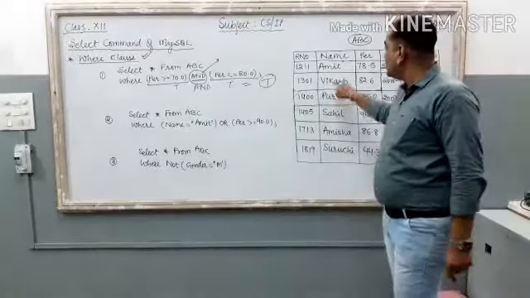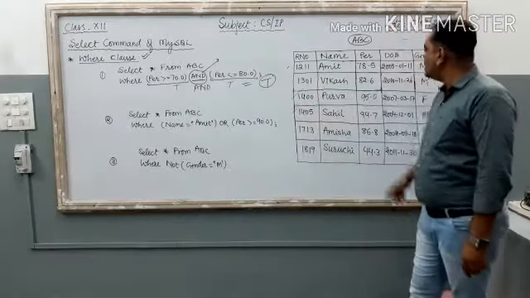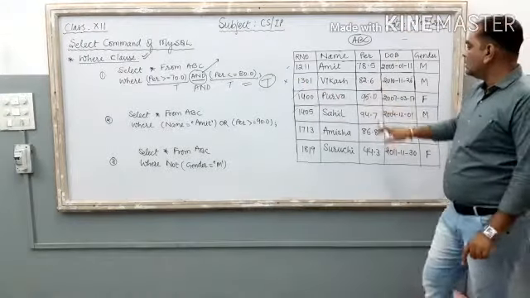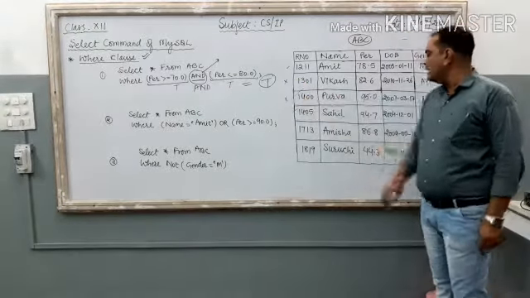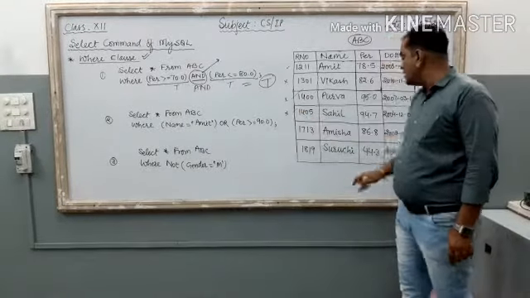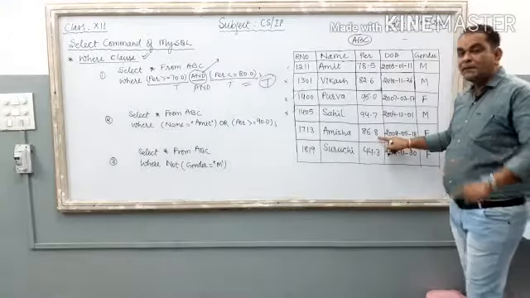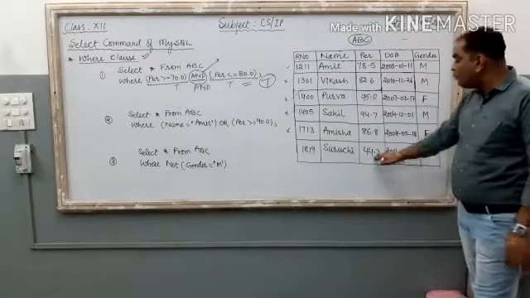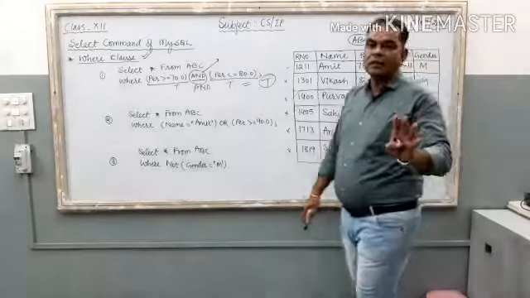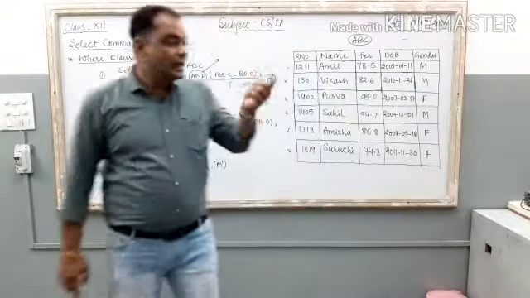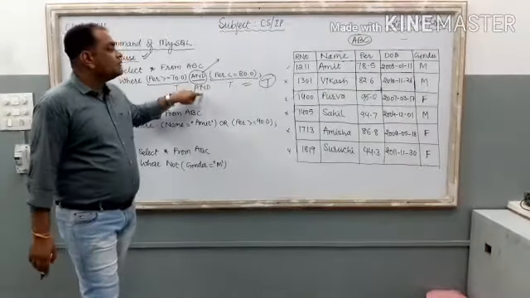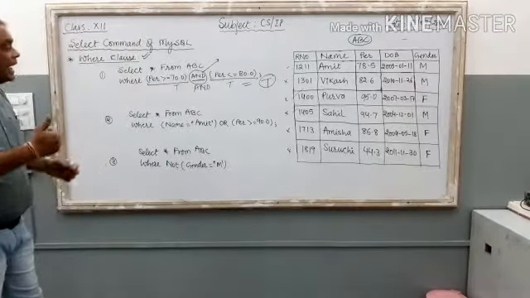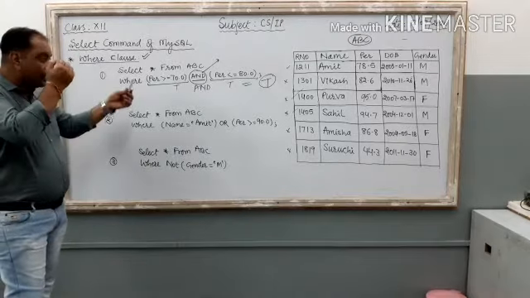Done? So the first record is there on the monitor. Second, removed, not selected because it is out of range. Third one, out of range, not selected. Fourth one, it is also out of range. Fifth one, 86.8%, out of range in that particular scenario, not acceptable. 44.3, not acceptable. How many records are there? Only one record, which is between the range of 70 and 80. Clear? So here it is, the role of the AND logical operator.